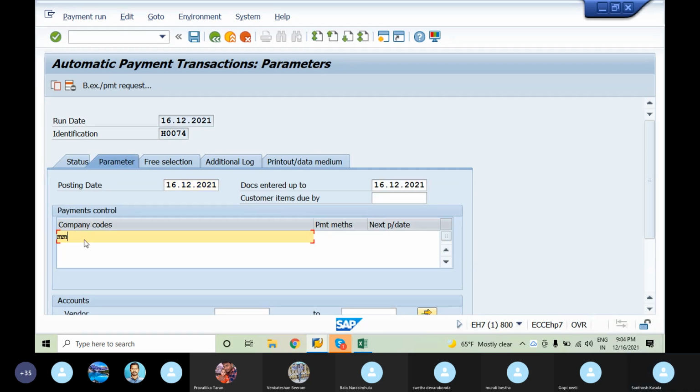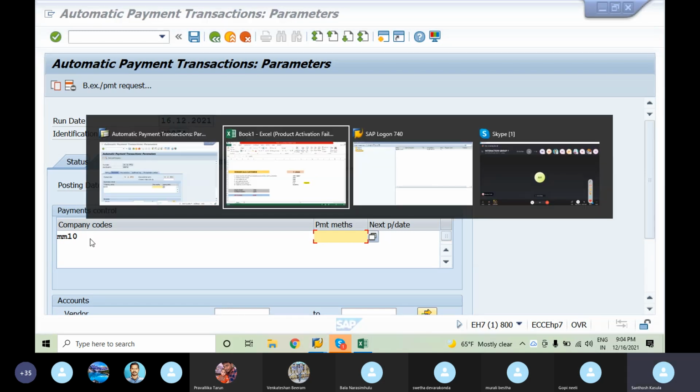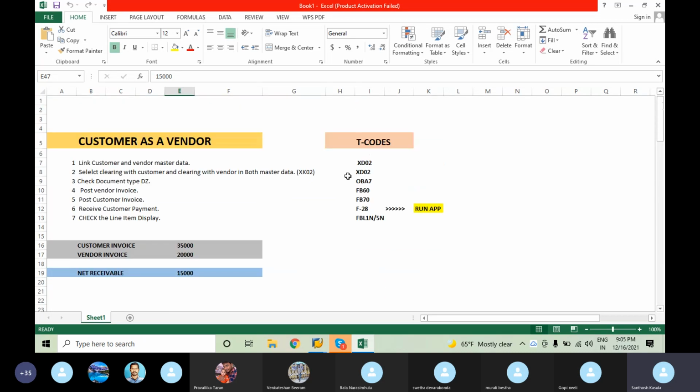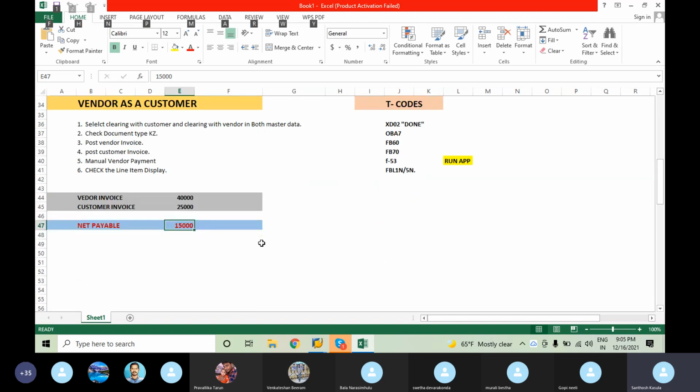Company code. Payment method: we have multiple payment methods. For the incoming payment method we'll give one number, and for the outgoing payment method we'll give another. We have to choose whether the net amount is, for example, something we have to pay. It is not net receivable, so here we are paying the amount, so it is the outgoing payment method. As in the last scenario, if we are receiving the amount, we have to give the incoming payment method code. Based on that, we have to give it in the APP.